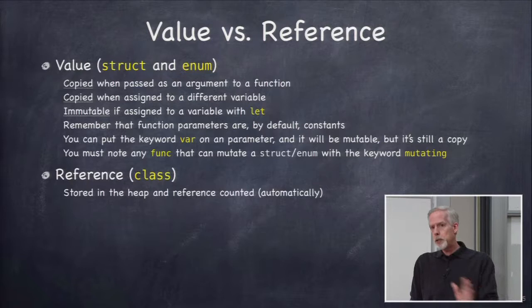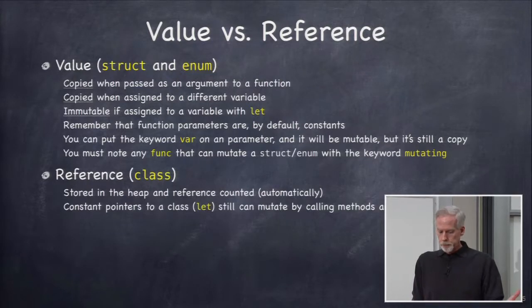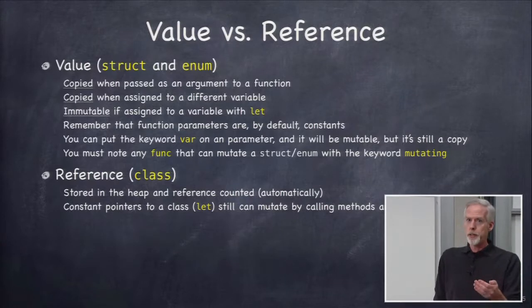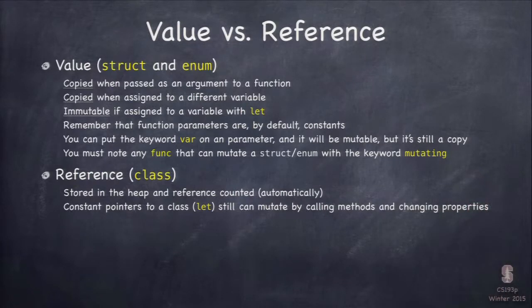So reference types are stored in the heap, reference counted. Even if you have a constant pointer to a class, let something equals the class, you can still send messages to that thing that can mutate it because it's in the heap. All right, so you have a pointer to it. And when you pass it to a function, you're passing a pointer to that thing. So if the function modifies it, it's modifying the thing back where it was called. Okay, so